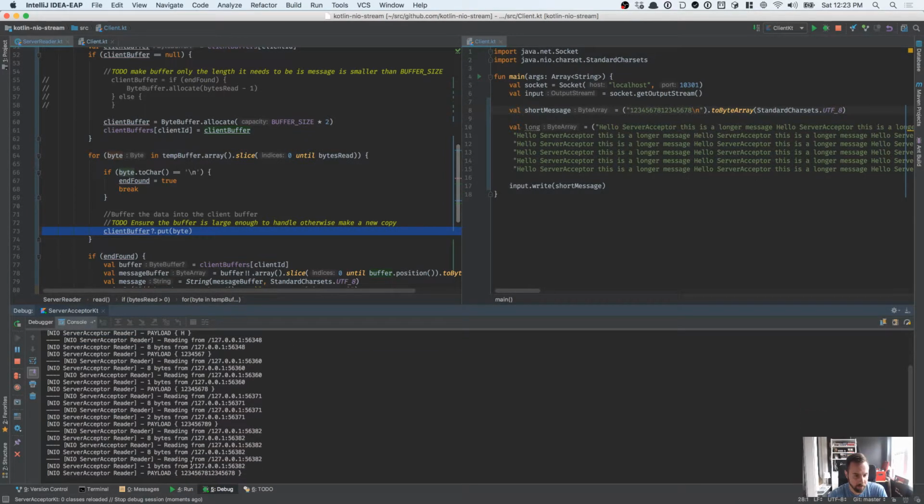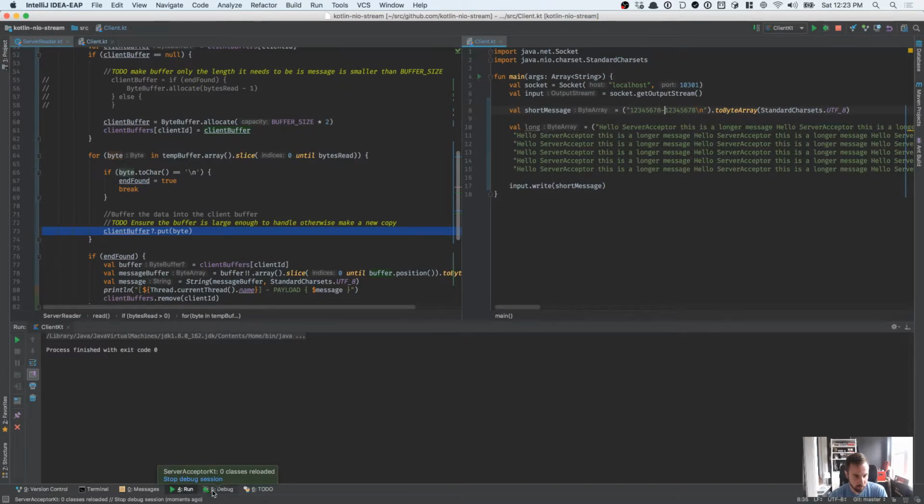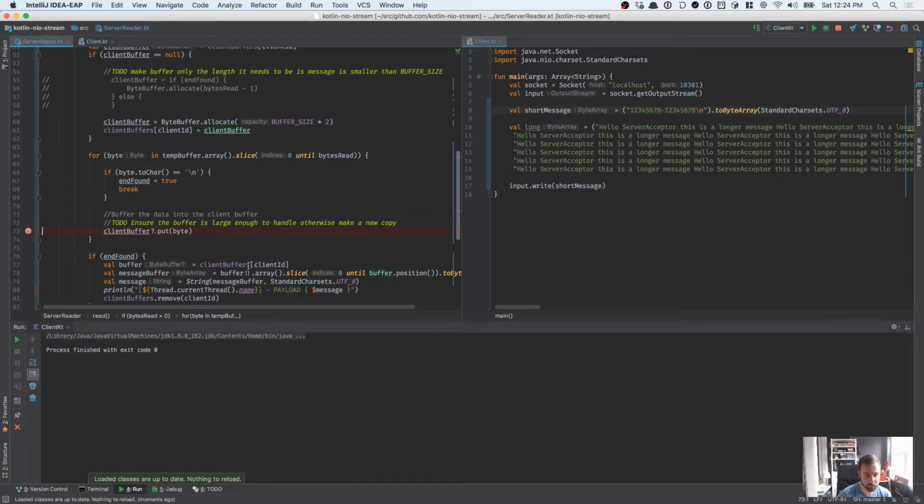And it will read 8 bytes, and then print out the entire payload. But if we send that, this will not be good. It will not give us the right thing, or it will blow up. Yes, buffer overflow exception. Okay. So basically, we have a buffer of 16 bytes, and we're trying to put too much into it, right? Because here we're not ensuring that the buffer is large enough to handle the new thing. So if we send that over, if we send this,